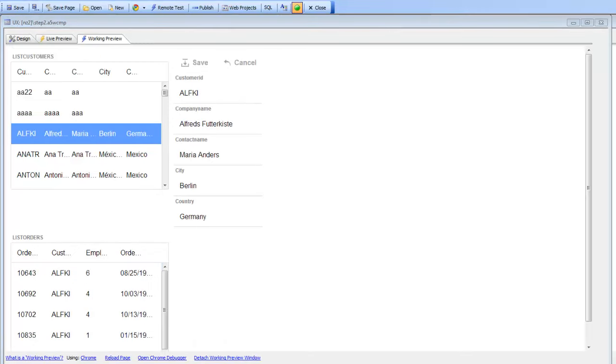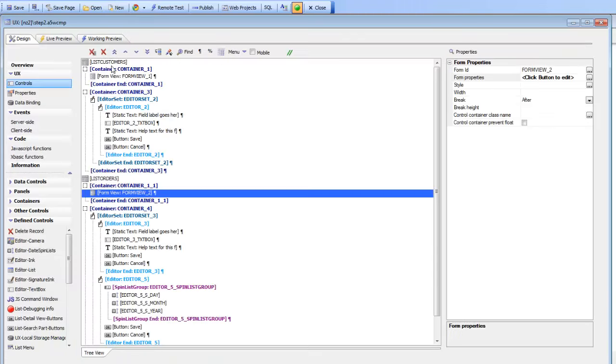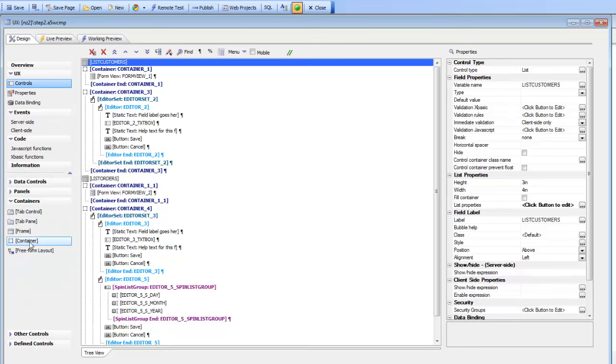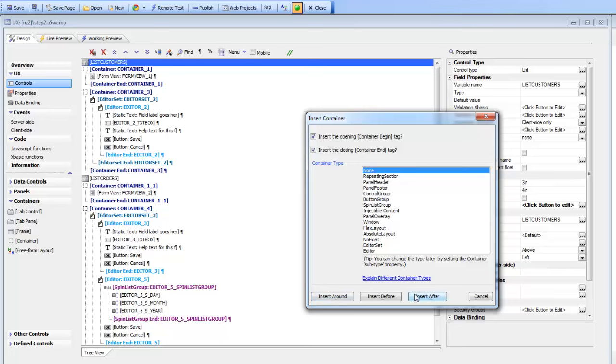So before we start the process of turning this into a mobile app by adding panel cards, let's just add a synchronize button, because as you recall in the previous video we made an edit. We changed the city from Berlin to Bonn, and then when we saved the edits back, the list was marked as dirty, but we didn't have a synchronize button because we had deleted the synchronize button. So let's go to the customer list over there and let's just wrap it in a container. So we'll insert a container around the list,